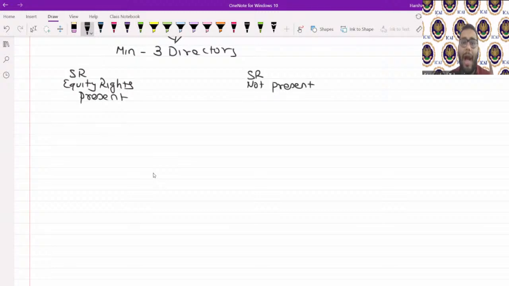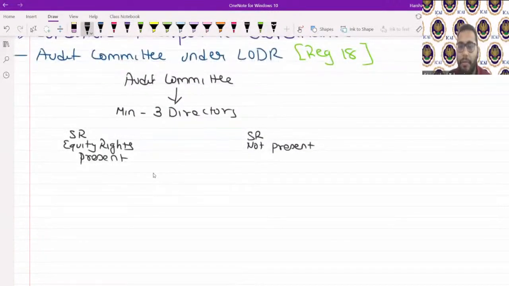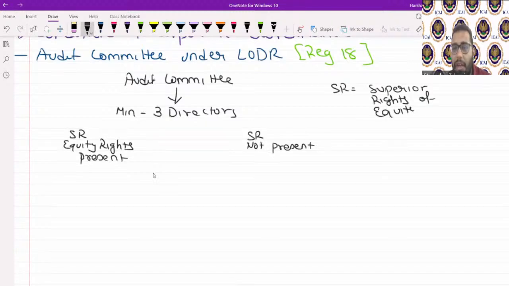Going forward, I will use SR to mean superior rights of equity shares. Superior rights of equity shares means you have higher rights, more rights compared to the normal equity shares. So if a company has certain kind of equity shares available with superior rights, then